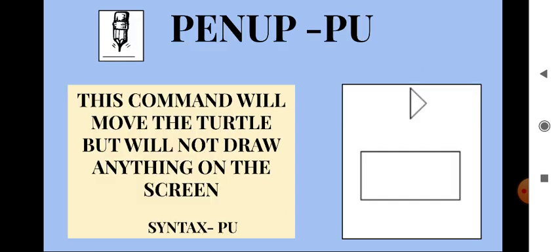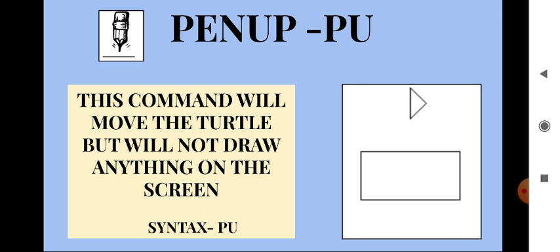Next we have pen up. Pen up command is used to move the turtle, but the main thing about this command is that it will not draw anything on the screen.